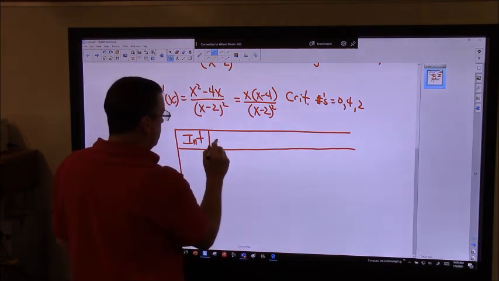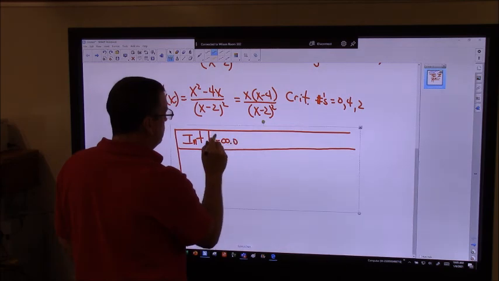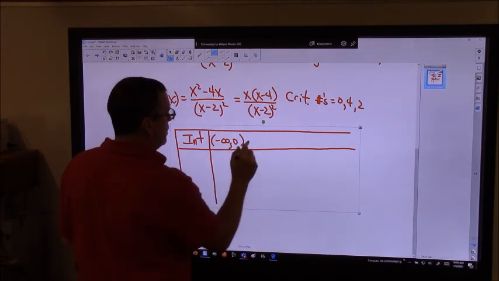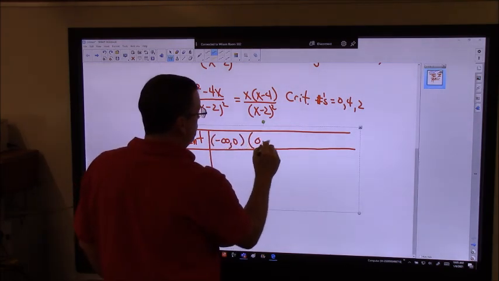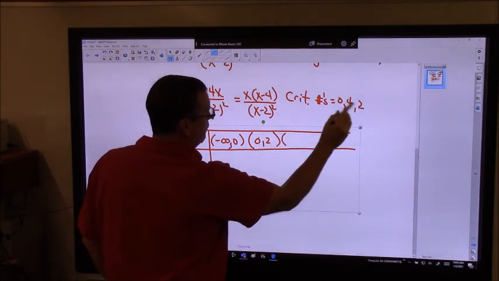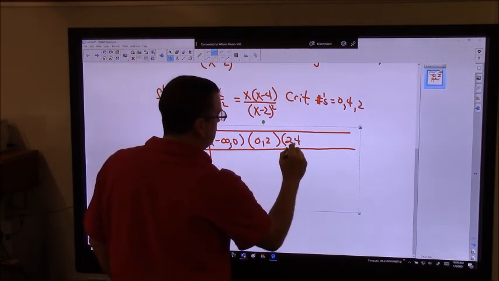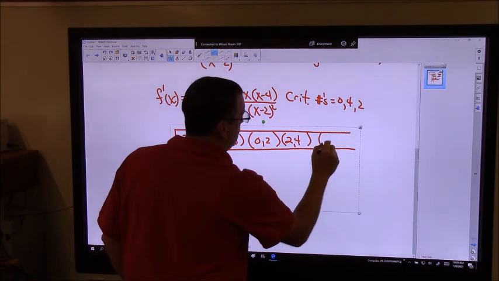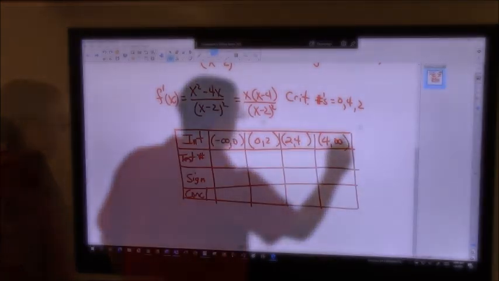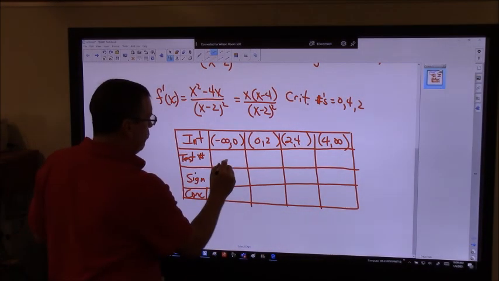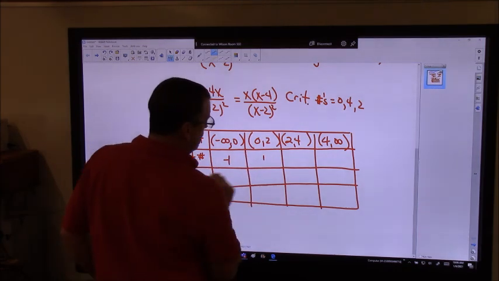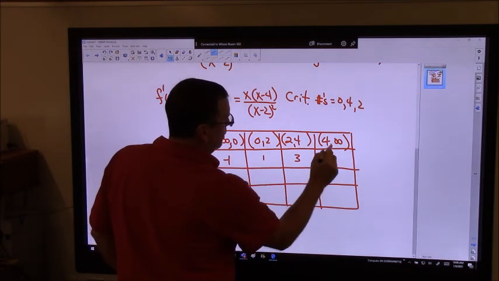First number I'll hit is 0, so we're going to go from negative infinity to 0. Then I'm going to go from 0 to 2, and then from 2 to 4, and then from 4 to positive infinity. Alright, so I'll choose negative 1 in this interval, here I'll choose positive 1, here I'll choose 3, and here